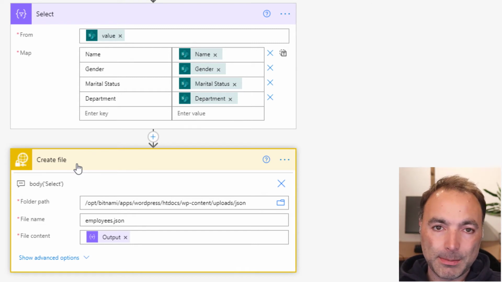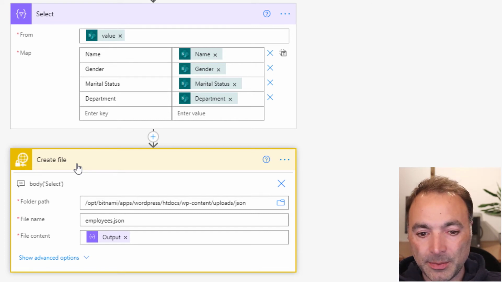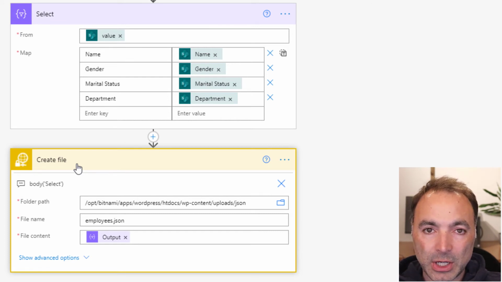Because my WordPress blog is on a Linux web server, as mostly they are, I can SSH into it. So I've set up an SSH connection from Power Automate to my blog, and every half an hour it will generate that same JSON that we saw in the browser and upload it to a folder on my WordPress blog.